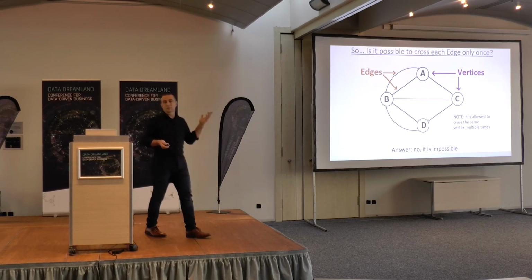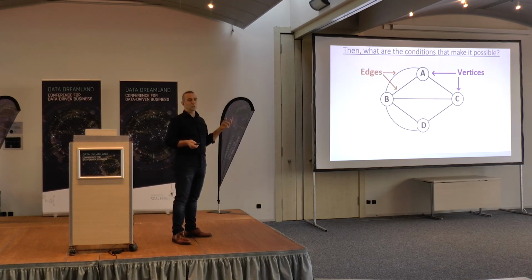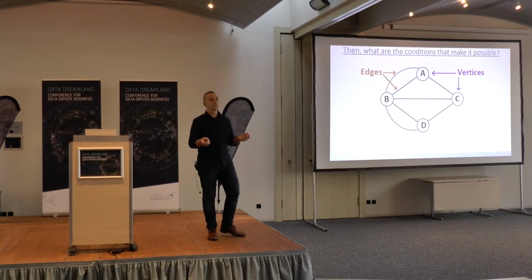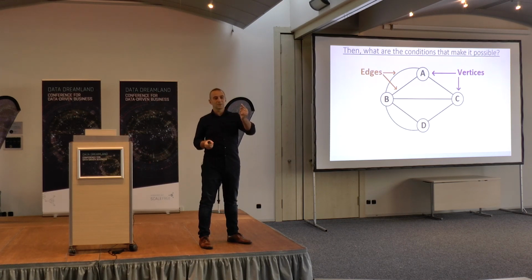Actually, this is an example. It's not relevant to our presentation. It's just to show you that by doing this abstraction, it's possible to think of a solution that is general. So he said, okay, now I want to understand what are the conditions that make it possible to cross each bridge only once. And he was saying, okay, basically, when a vertex has 3 edges, well, you go once, you come, you go,